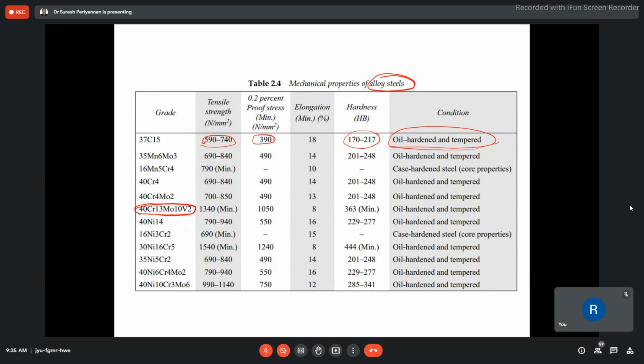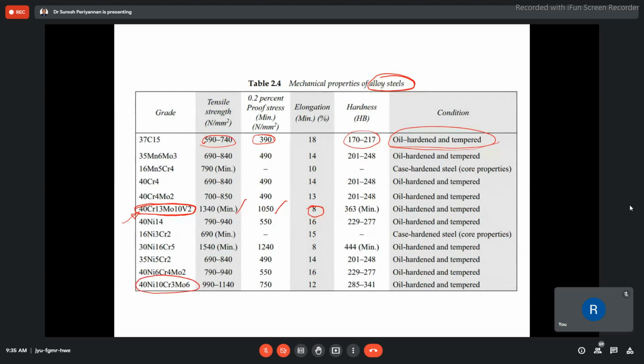When we are adding these alloying elements in this ratio, then finally our material is going to have these properties. Tensile strength we are able to obtain is 1340 Newton per mm square, and this is the process we discussed with respect to our stress strain diagram. Now this elongation is going to be less. Okay, these are the things. Based on that we have to understand. Okay, this is the last one.